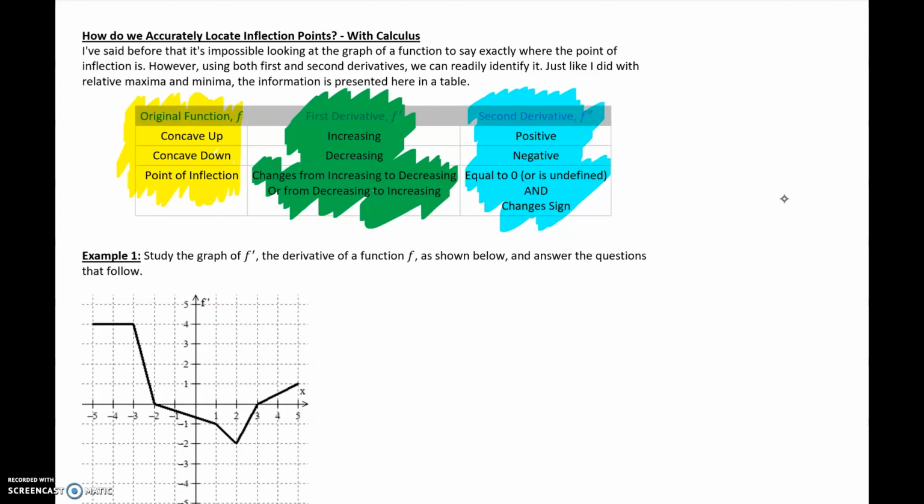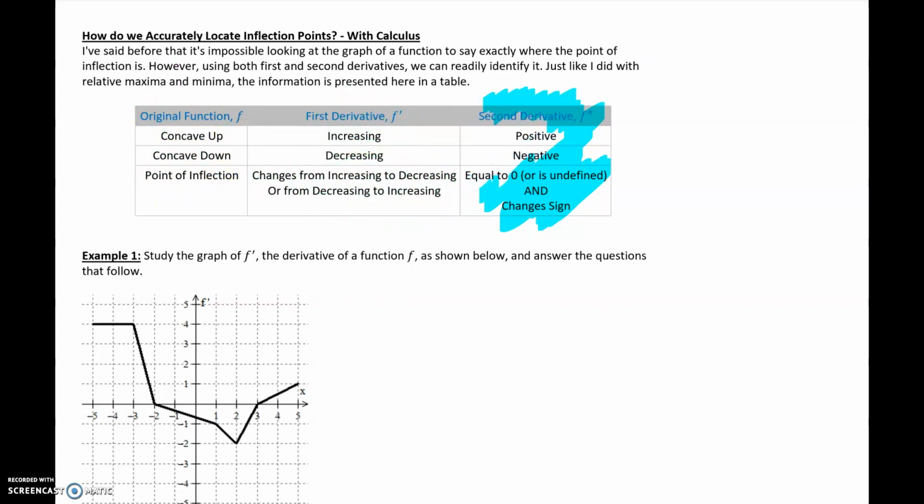So it may be easier now to get rid of all of this stuff again. But the thing you have to remember here is that you're going to be shown either the first derivative or the second derivative, but asked about the invisible function. Same as we did with